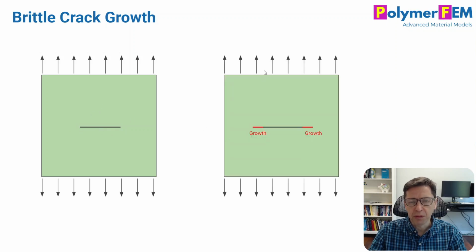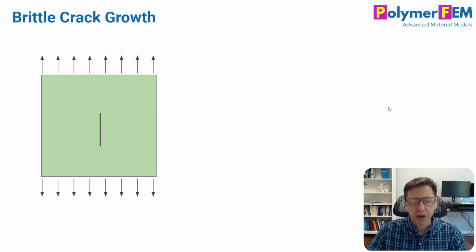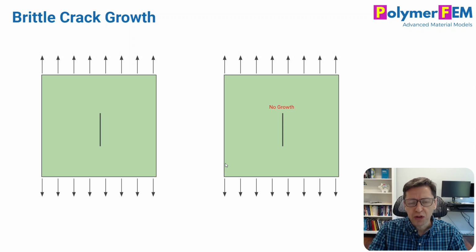If you pull more and more on it, at some point cracks will grow, and they will grow in this direction, perpendicular to the loading direction. That's pretty obvious. But what if the crack is initially vertical like this, and you pull on it more and more? What will happen to this crack? Well, there is no force to grow this crack, so it won't grow actually. It's pretty